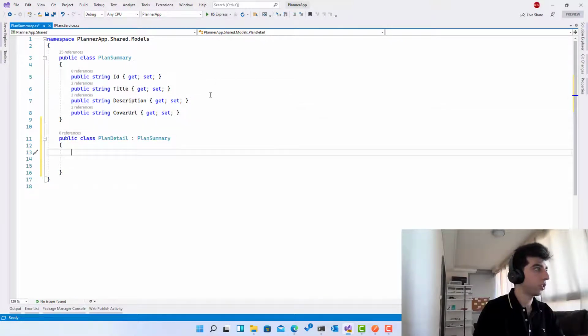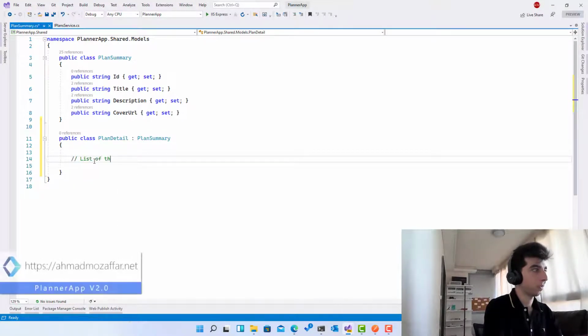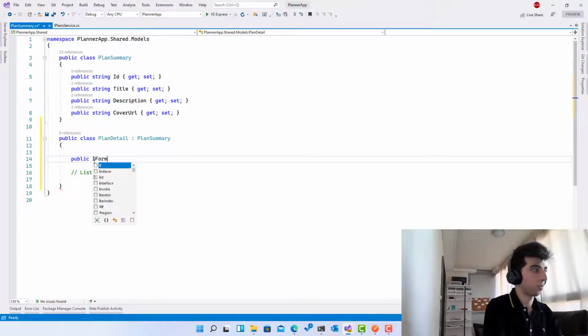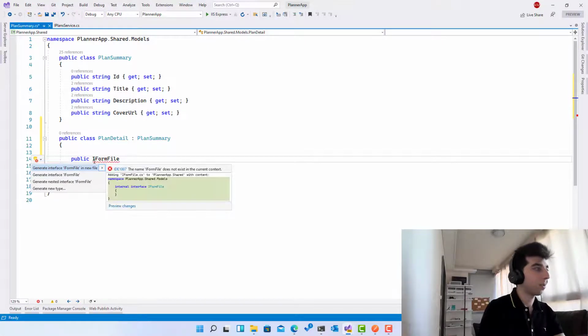I will implement the validation, and those are the required. The list over here is the list of the to-dos. We are going to create that. And one more thing that we need is public IFormFile, like that, which is a type of,